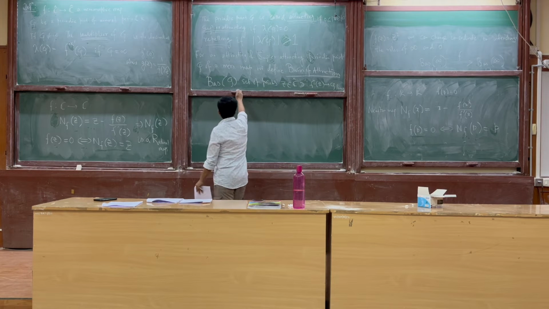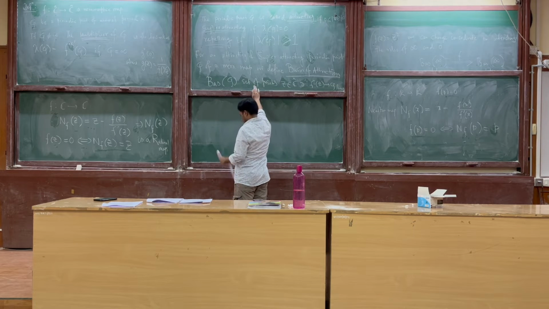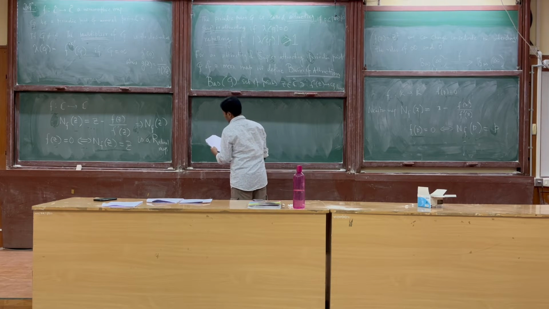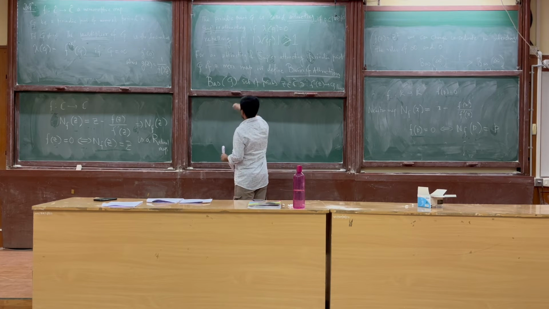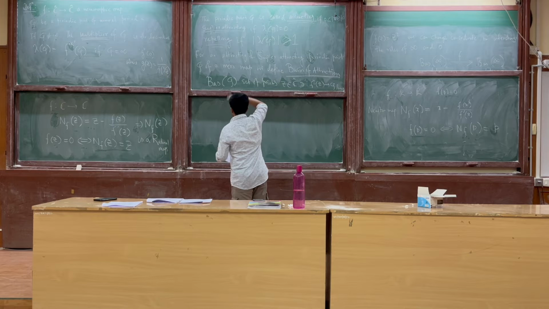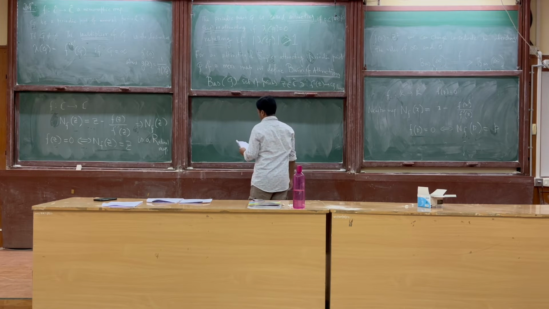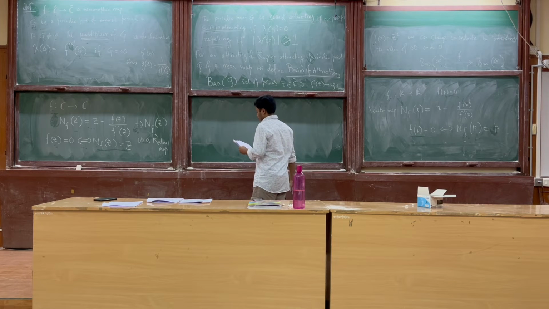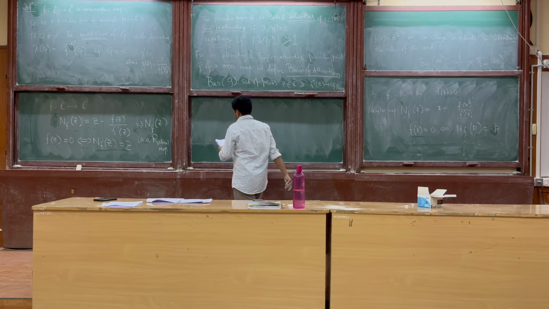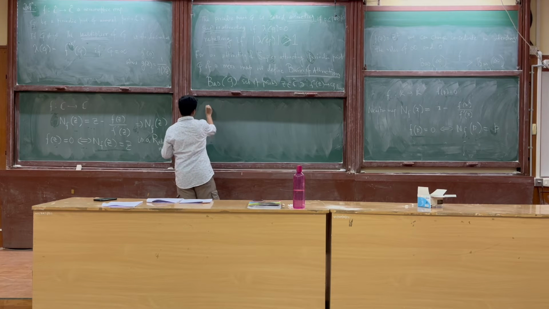So we have defined the basin of attractions here. One natural question we can ask is about the union of the basin of attractions. There may be more than one basin of attraction, as we have observed. One basin was at infinity and one basin was at 0. So the union of